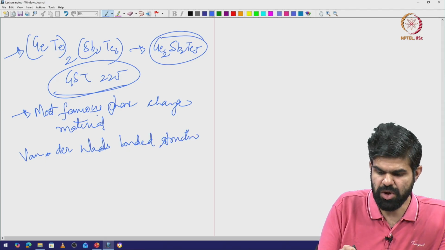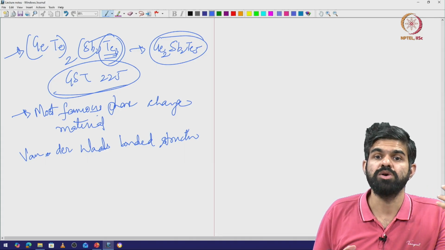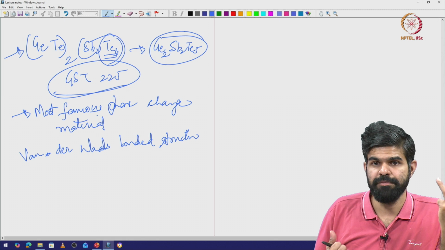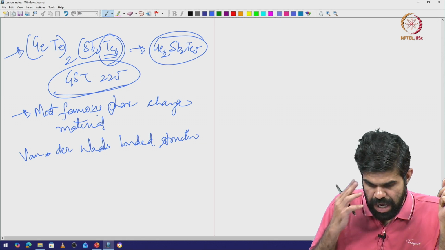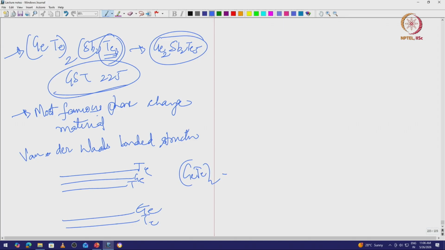Okay. It is a chalcogenide. Chalcogenide means I have not oxygen, but elements of group 6 which are not oxygen, right. So, selenium, tellurium and so on. Okay. And if I look at the structure, Te, I have another Te, I have a Ge and Ge. So, this is 2 GeTe, right. So, GeTe2, right, and then I have Ge will be bonded to another Te, okay,